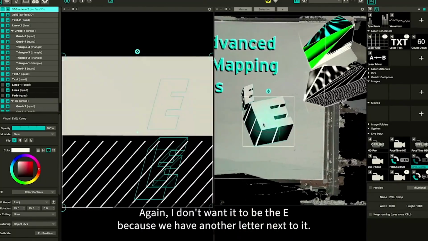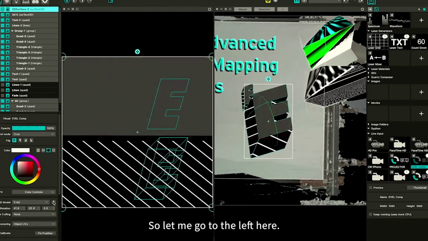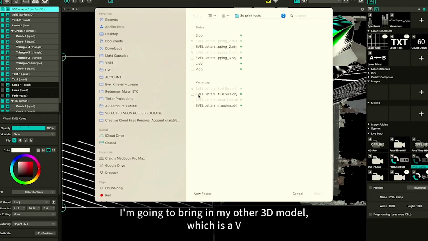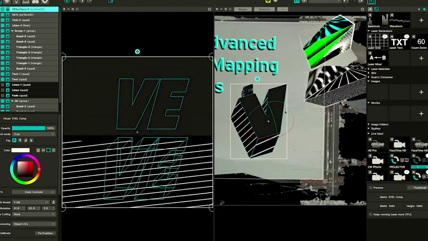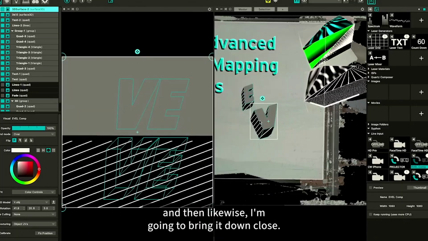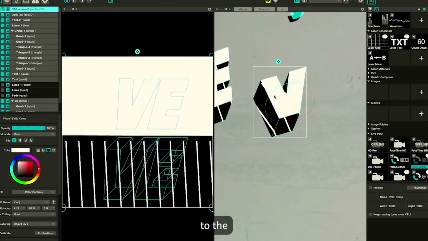Again, I don't want it to be the E because we have another letter next to it. So let me go to the left here. I'm going to bring in my other 3D model, which is a V. And then likewise, I'm going to bring it down close. It doesn't really matter where it is because I'm going to do some adjustments to the